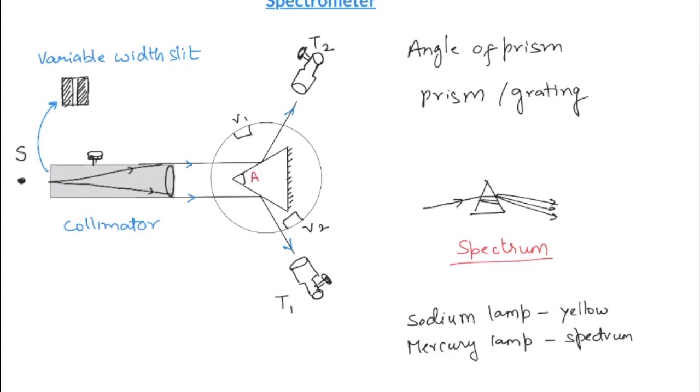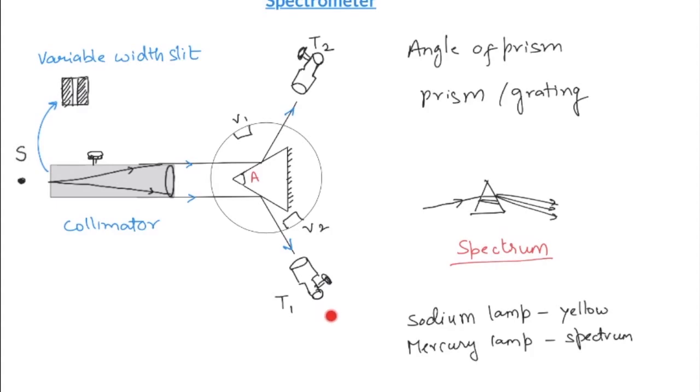In front of the collimator there is a slit of variable width. Slit is defined as a narrow, fine and straight opening for light. There is a screw mounted along with it, using which we can vary the slit width. As source light enters this slit, it forms a parallel wavefront because of the arrangement inside the collimator and reaches the prism table. Telescope magnifies the image of the slit and collects the parallel wavefront of light.